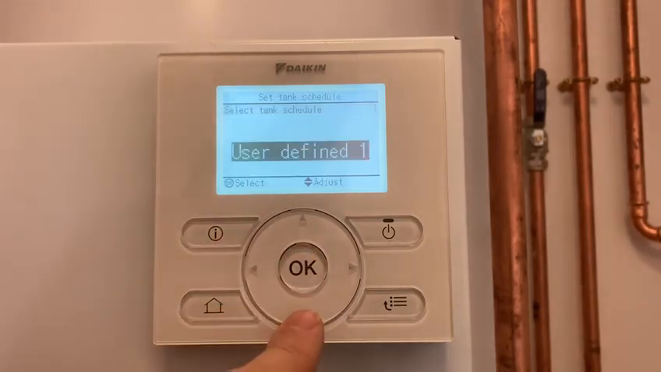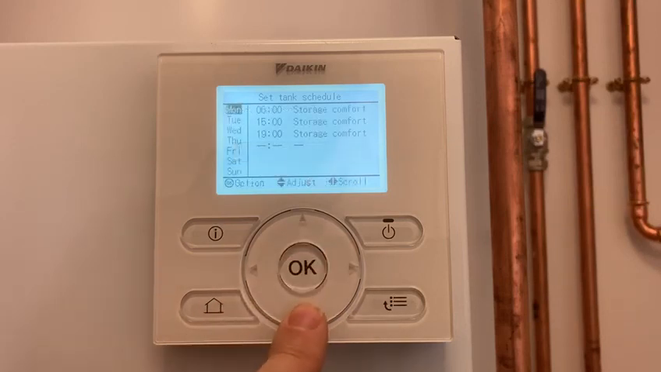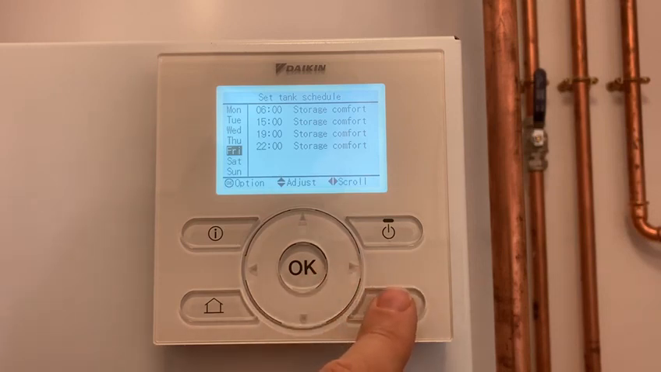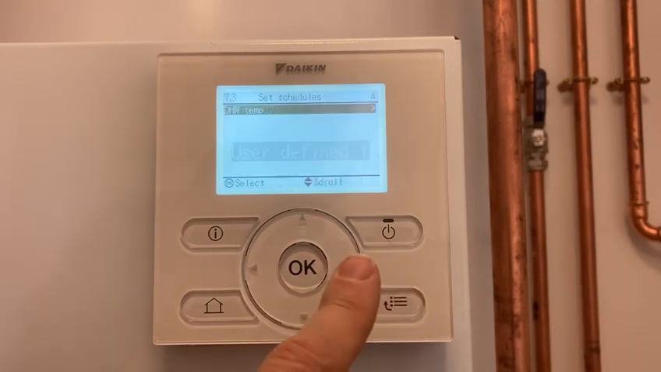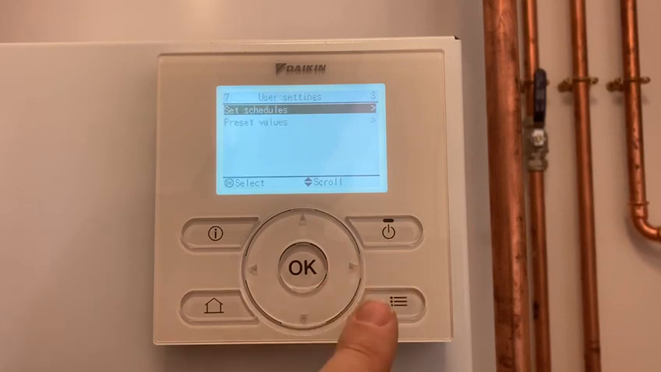If we go back into user-defined one, we'll have a look down. All the days are the same except Friday, where that 10 o'clock is now entered. Yes, and that should now